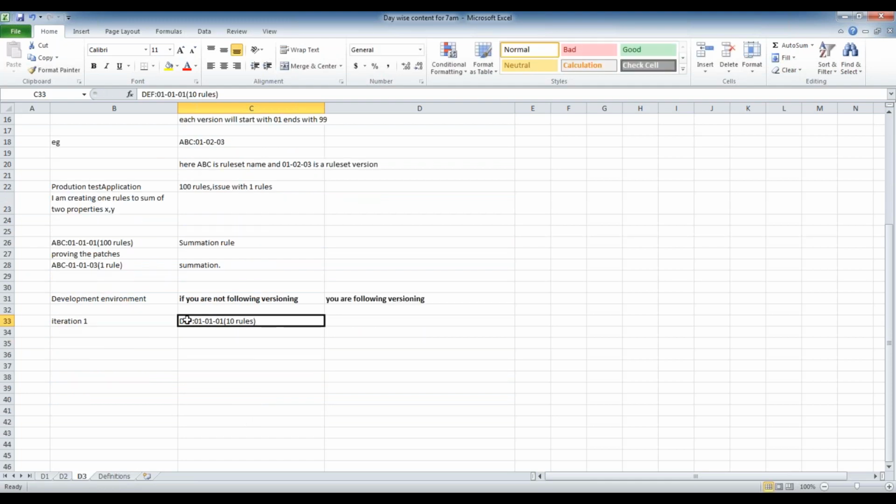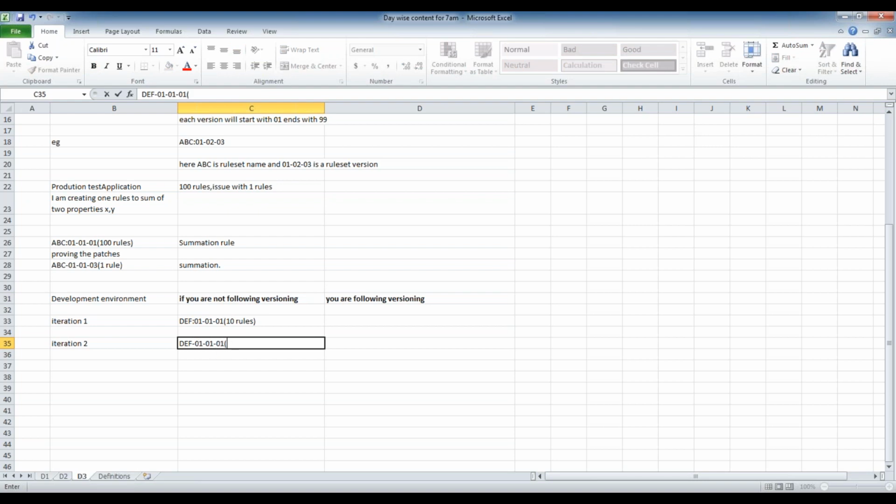Because I am not following versioning, after the first iteration is over, I go for the second iteration. In iteration 2 also, I am not creating one more version. In this scenario I am not following versioning, so in iteration 2 also I will use 010101, the same version.